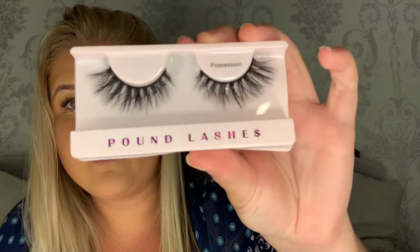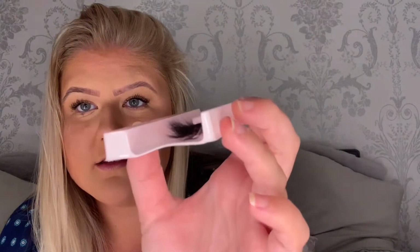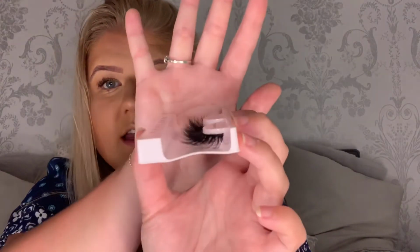I think I'm going to wear these ones now. Very sparse but dramatic, very fair. And you can see, let's see if you turn, look at that. Look at the different layers. That is insane, they're so thick. So I'm going to try them out now. I hope they are good. They look stunning in the packaging. Obviously the packaging is just the flimsy kind of plastic, but for £1,